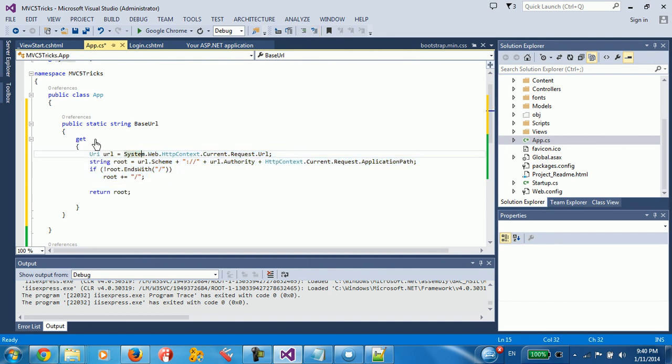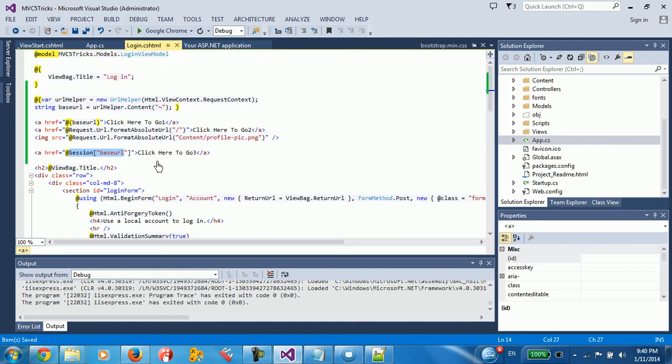All right. And let me just uncomment this code. This is gonna return the context request application path. It's gonna return the root of the website. So we're just gonna return root here, which is as we saw previously. And this is gonna rely on a static variable. So in order to call this in your app, you go home page, go login page, and I'm just gonna copy this again. And instead of saying session.baseUrl, all right, we don't need this way. We need you to call